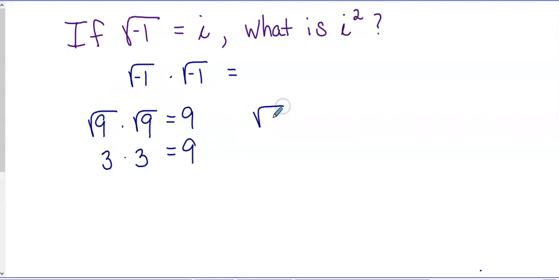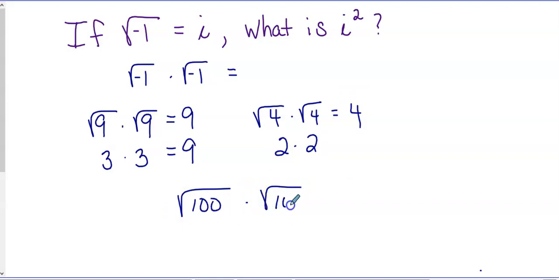What is the square root of 4 times the square root of 4? 2 times 2 equals 4. What is the square root of 100 times the square root of 100? You get rid of that radical by squaring a number. That equals 100. So if these are all true, then the square root of negative 1 times the square root of negative 1 would equal negative 1, right? Okay. So if i is this,